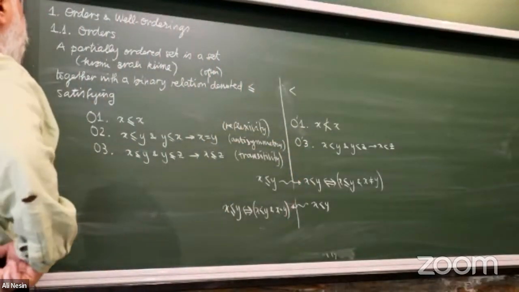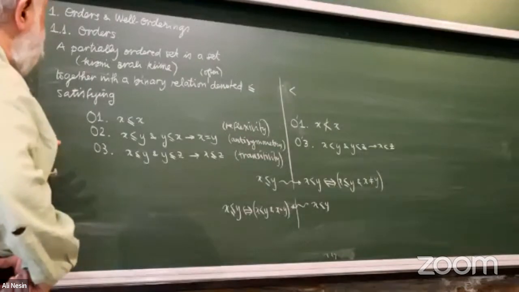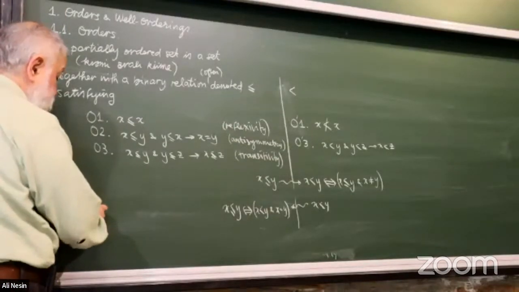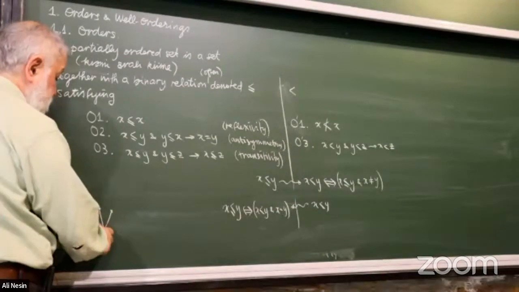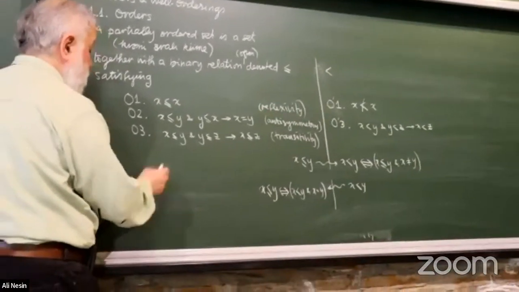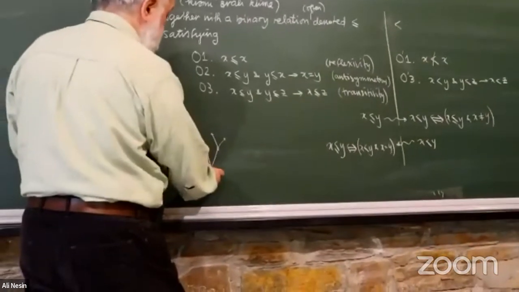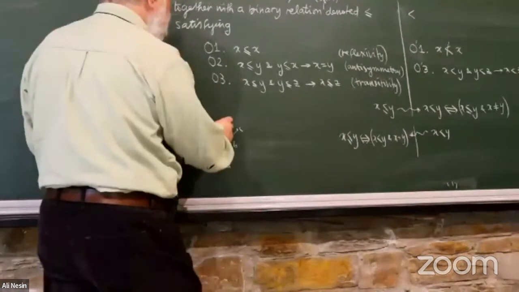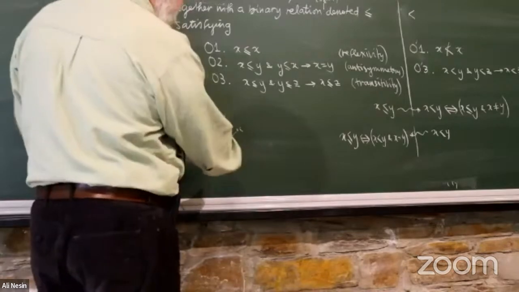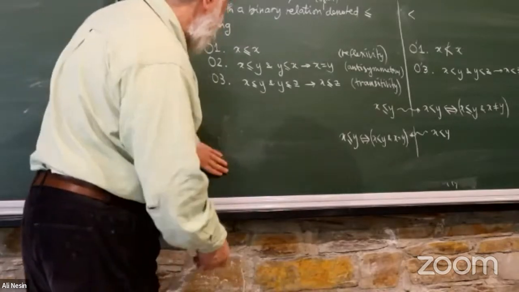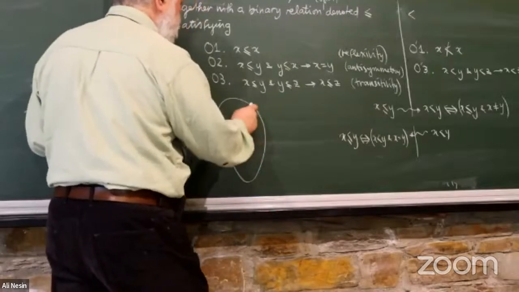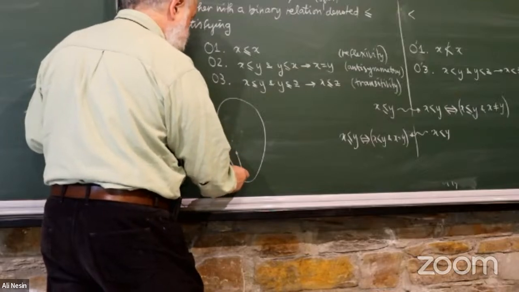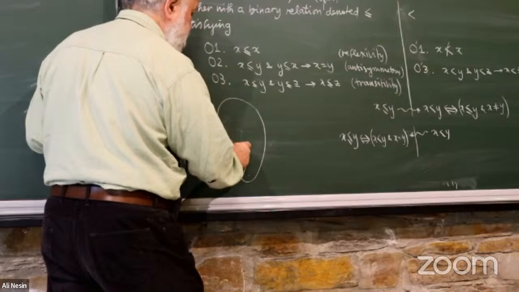This is called a partial ordering. If you want to, you can write the small elements at the bottom and the larger ones on top, like this. For example, this is A, this is B, this is C. This means that A is less than B, A is less than C, B is less than C, B is less than D, and so on. If it's finite, of course, you can do this. If it's infinite, you can view an ordered set like a picture: small elements here, large elements on top, and you join them like this to show that this is small and this is large. This is just a representation. It has a name, actually, but I forgot the name also.